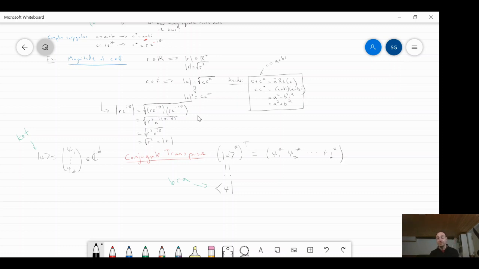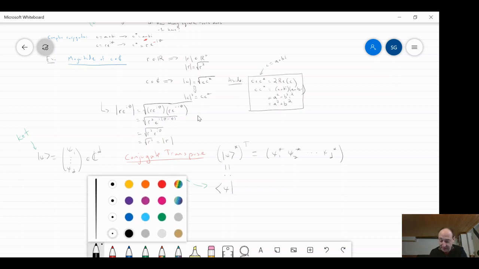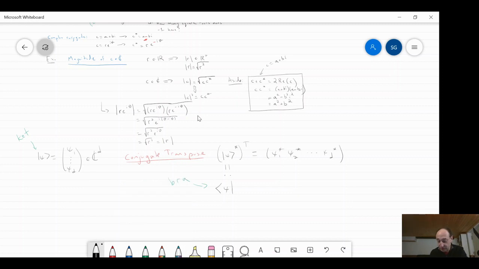So you'll notice two things happened. The first is that I'm taking the stars of each of the entries, so the complex conjugate. And the other is I've taken the transpose of the vector, so it's switched from being a column vector to a row vector. You might be wondering why in the world we have these silly names like ket and bra. It's probably some physicist's idea of a sick joke: if I want to take an inner product, which we'll do shortly, we'll write it like this, and you could call this thing a bracket for short. We'll get to that in a second.